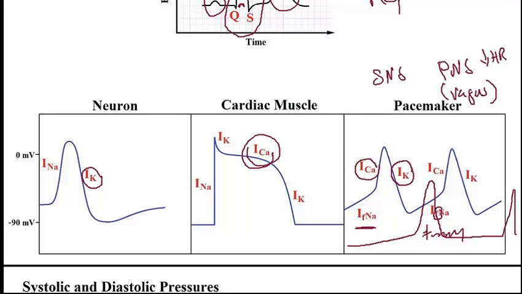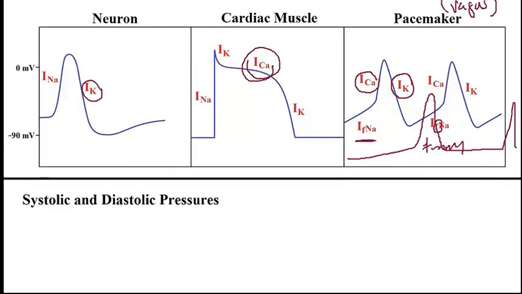All right, and so that covers the mechanism of cardiac contraction. Let's move on to the difference between systolic and diastolic pressures. All right, so once the heart contracts and the left ventricle pumps blood into the aorta, the pressure rises from 0 to 120 millimeter mercury. And this is called a systole